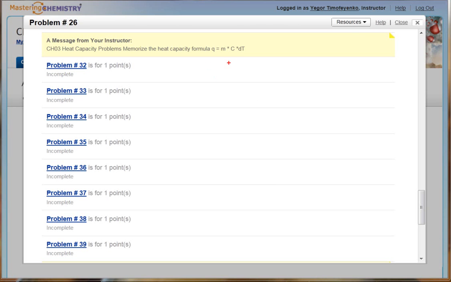The next problem type is going to be the heat capacity problems. We solved this earlier in the semester. It's a formula type problem where heat, which is Q, equals mass times specific heat capacity times change in temperature. So heat